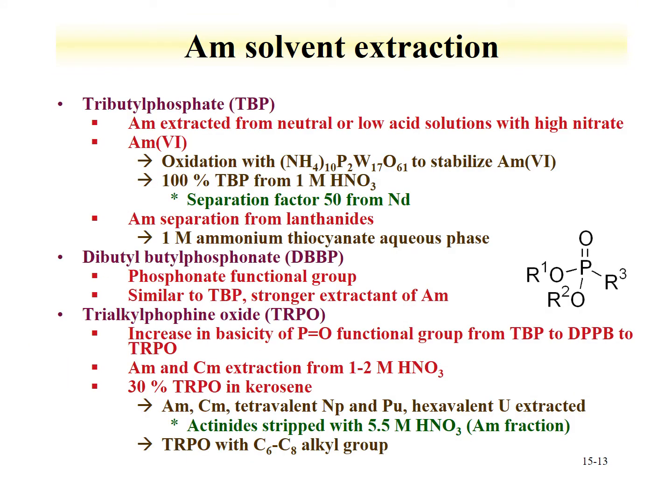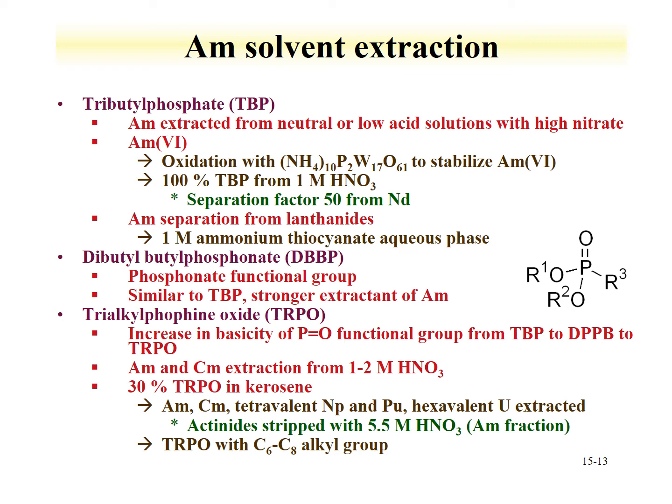The fundamental chemistry that we just described on americium can be useful for separations. As we know, solvent extractions are useful separations techniques, with tributyl phosphate being a major workhorse in the nuclear fuel cycle. We know that in high acid concentrations, americium does not separate. However, in neutral or low acidic solutions with high nitrate, tributyl phosphate can be used to extract americium